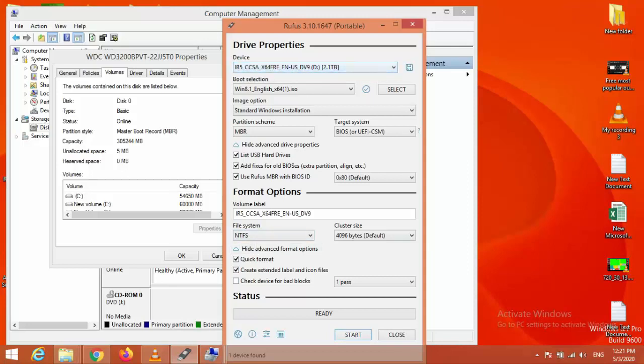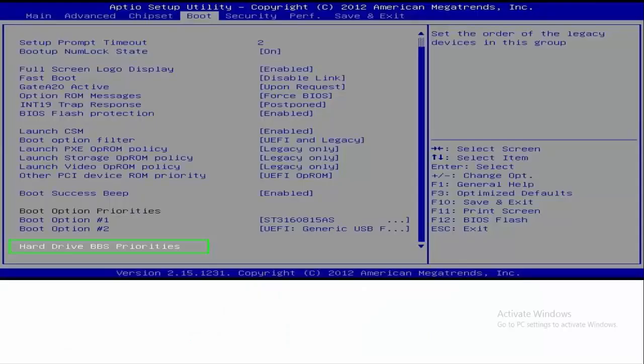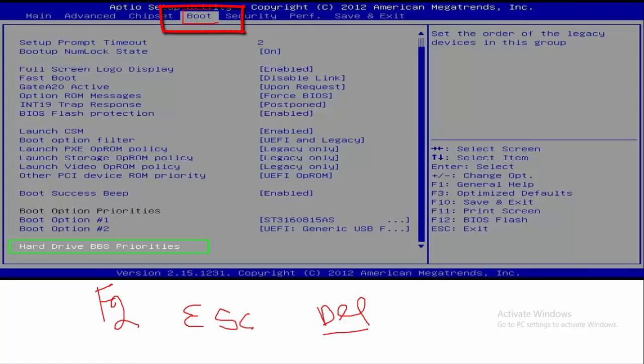Next step is how to set the BIOS setting to boot from the USB drive to install Windows. Now restart your computer and press F2 or the escape button, or the specific button for your computer manufacturer. In our case, we press the F2 key to open the BIOS setting to set the USB drive as the first priority to boot Windows. Go to the boot tab as you see on your computer screen. Adjust the setting and set the USB drive as the first boot device. When you are finished adjusting your settings, you will need to save and exit by using the save and exit key, and restart your computer again.